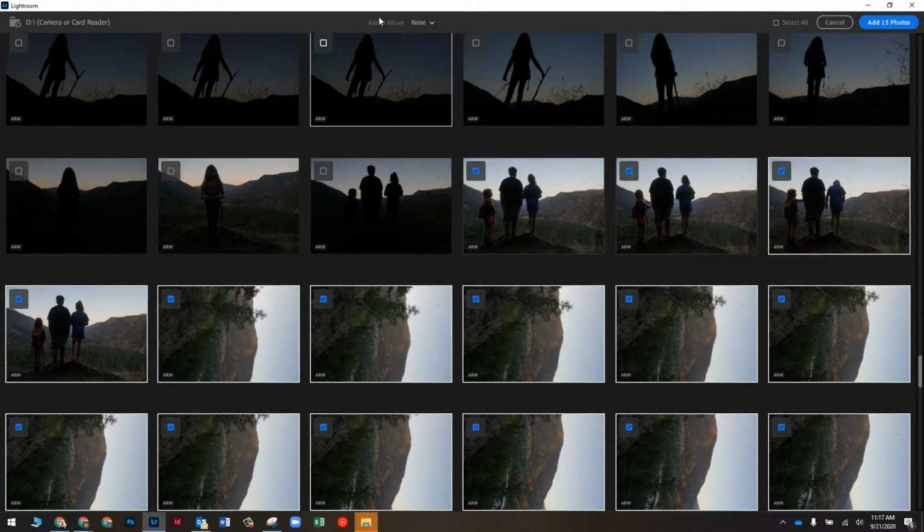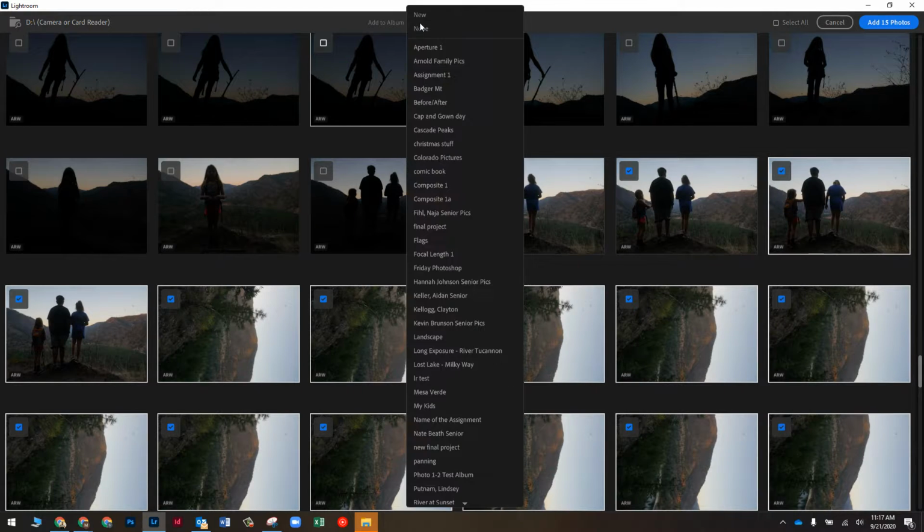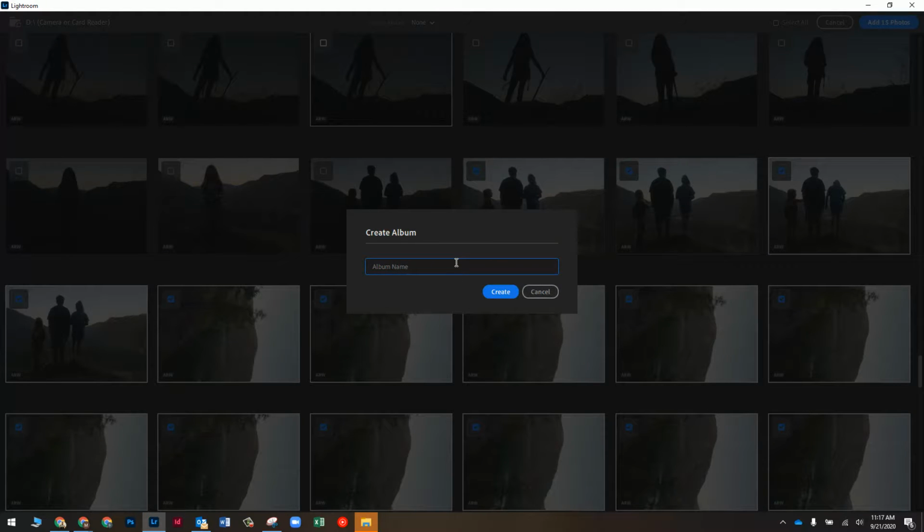But before you do that, come up here to Add to Album. And we're going to put these into an album before we do that. So I'm going to click on this box. You won't have as many as I do because you're probably new to Lightroom. And I'm going to click on New. And we are going to give this album the name of the assignment. So whatever the assignment is that you are working on is what you are going to call this album. So I'm just going to call this the name of the assignment, and I got to put a 1 because